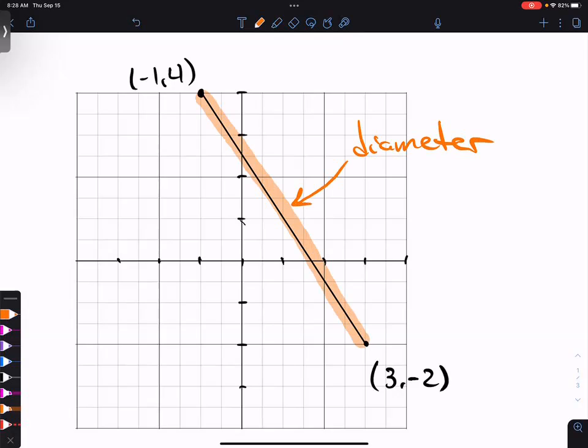Think about a circle with lines that go through the center all the way around. Those are all diameters, right? This is one of them. So these 2 are endpoints of a diameter. We'll see that language come up again. So that straight line between them passes all the way across the circle through the widest part, right through the middle. So if we're trying to estimate or find the center,